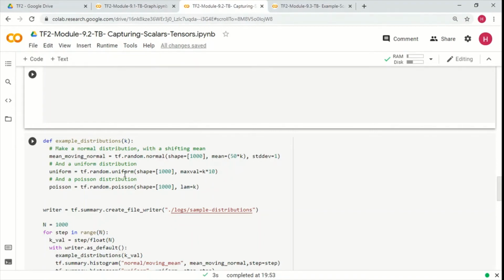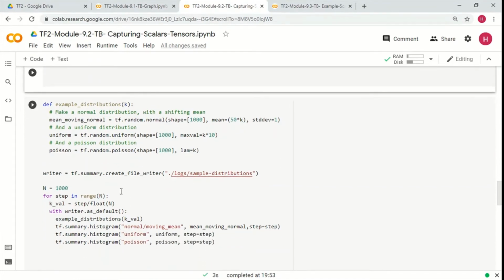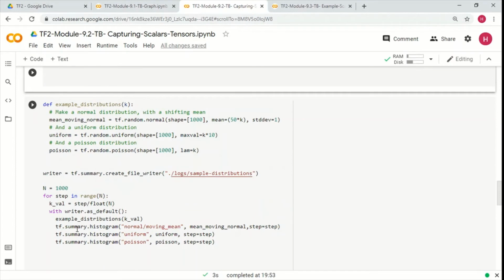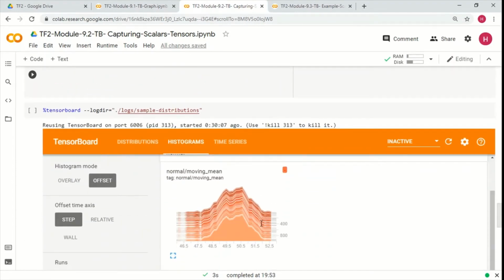You can create a uniform distribution, you can create a Poisson distribution, and you can write all these different distributions, just for fun, into the TensorBoard. You create a file writer and then write all those things into the TensorBoard using the summary.histogram API, and you'll be able to see all this.